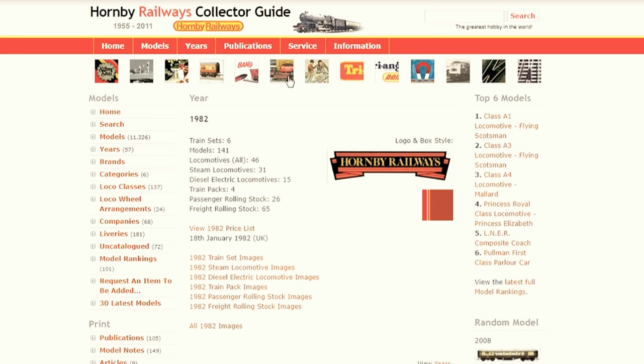As I'm going through checking here on the Hornby Collector's Guide and my Pat Hammond books as well, to make sure when I do these sets videos that I do show you the correct locomotive and the rolling stock correct and in the correct order, because I want to do it correctly, obviously. Now, in the course of doing so, certain things came to mind and I needed to check on this, and I have done, and my suspicions were correct. So before I go into the reason behind this video, let me just show you here on the train set